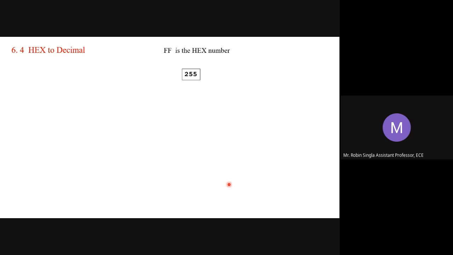Actually, the program is written for hexadecimal, and the Keil software does all the calculation in hexadecimal. Just to explain to you, instead of FF, I will write 255, so that you can easily understand. Okay. So the number is 255, which we have to convert to decimal. So our answer should be 255.